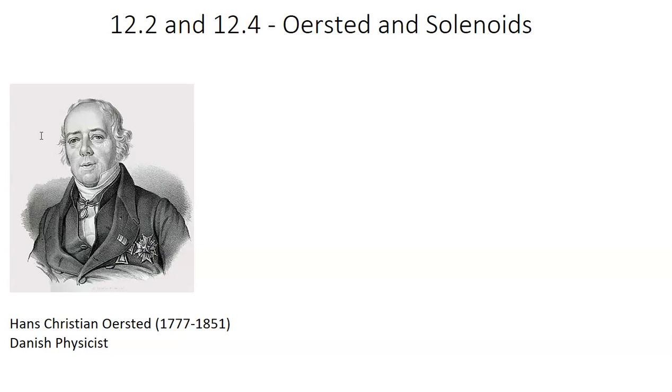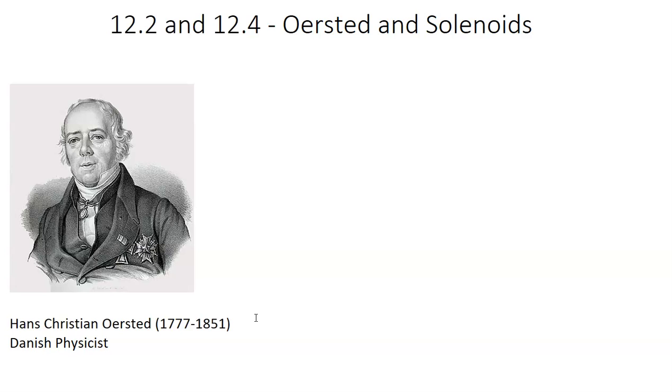So Hans Christian Ørsted was a Danish physicist, born in 1777, died in 1851. One of the things that made him unique was that his discovery was actually made during a lecture. A student showed him something at the end of the lecture that allowed him to see something he'd never seen before. So let me give you a couple of other historical backgrounds before I get to the handout.